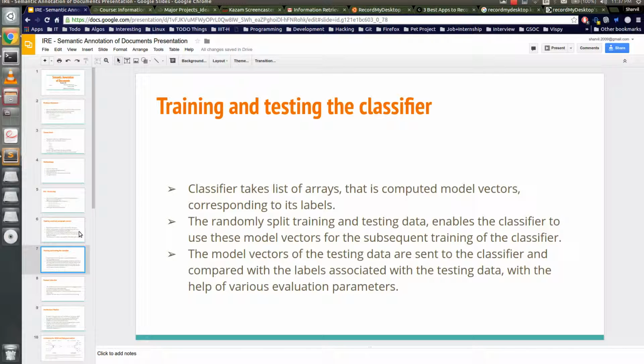Then for each classification, the classifier takes the model vectors from the word2vec or doc2vec representations that we get. While training, we are passing these model vector representations of the abstract of the research paper along with the labels, and for testing we are passing the model vectors. Since the number of dimensions for each and every vector is the same, we can use this for any type of standard classification algorithm out there.